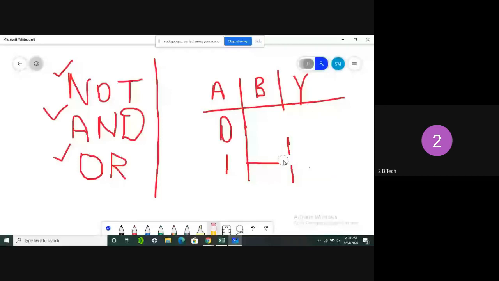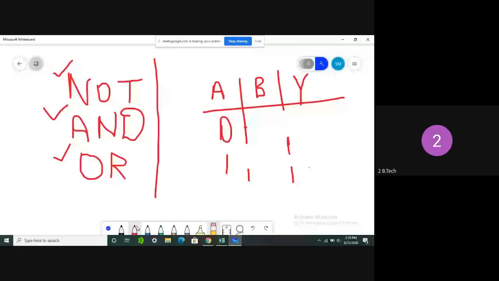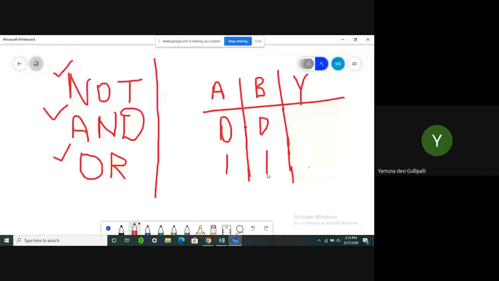Now we can see the different levels of A and B. A can be represented as either 0 or 1, and as usual B can also be represented as either 0 or 1. This is the way we provide input to the system, and we can see what happens at the output side. Are you following this, everyone? Yes, sir. Can you tell me, are there any other input combinations?